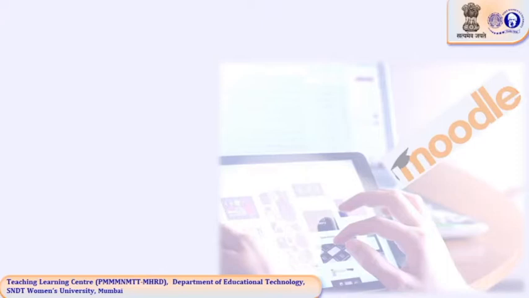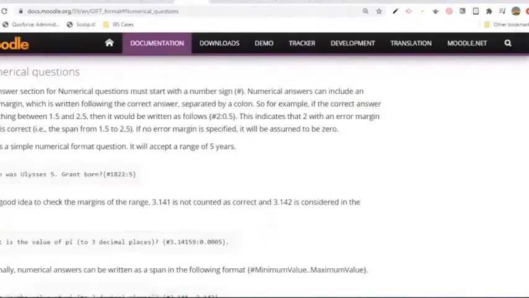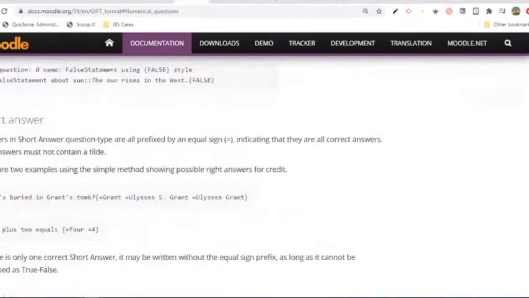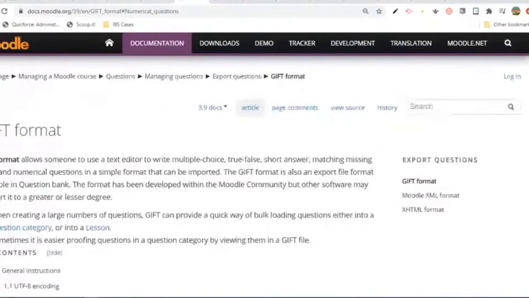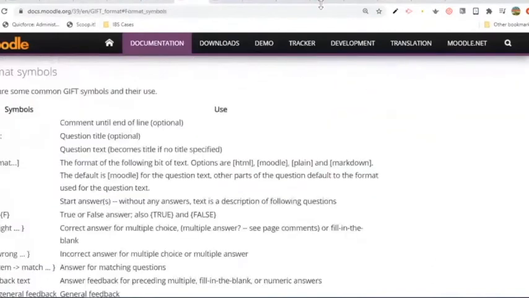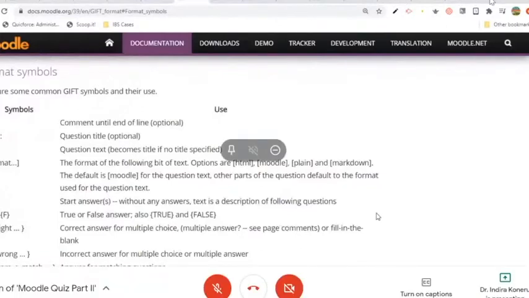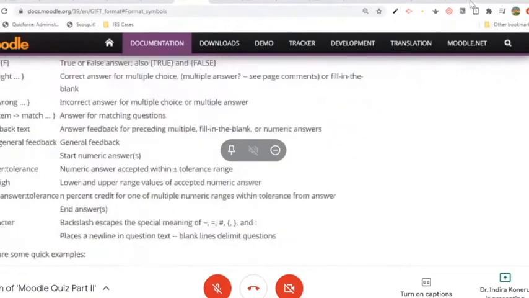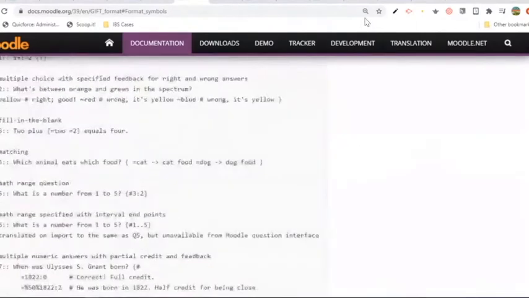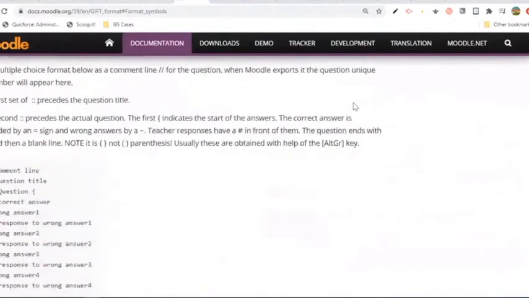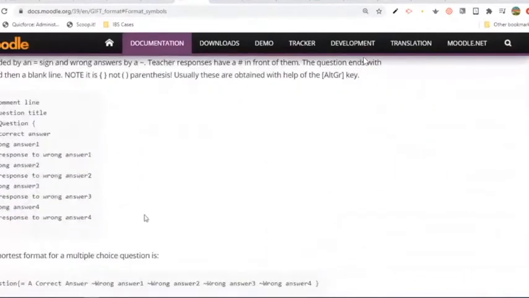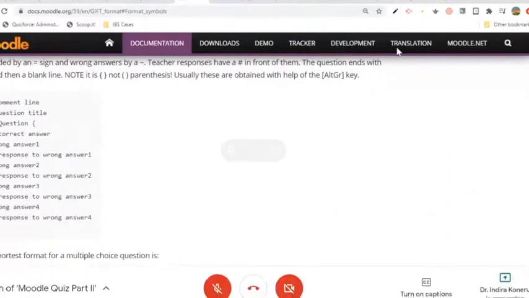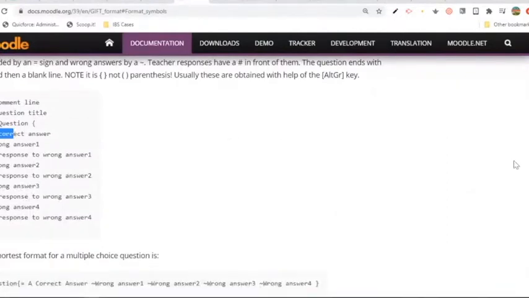So bulk uploading of courses. Here we have multiple choice, true or false, short answer. But we have some symbols here. You need to follow all these formats. See, tilde and all. That is the reason we wanted to show you. These are all the formats. For MCQs, you need to use tilde for wrong answer and equal to for correct answer. So we didn't want to confuse you. That is the reason we use the simplest one. See here it says a correct answer means equal to, whereas for the wrong answer we call it tilde.